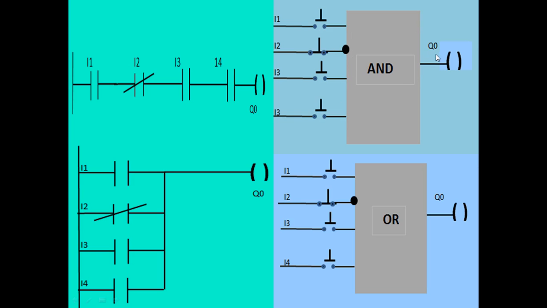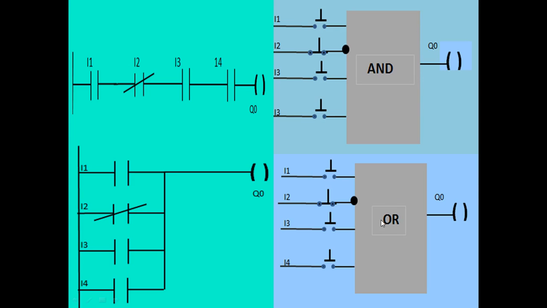So to get output at Q0, I have to close the switch. I have to close this one and this one. I have to open this one. If I open, here 0 is available. The 0 is inverted through a NOT gate and 1 will come at this terminal. So the AND gate gives output at Q0.